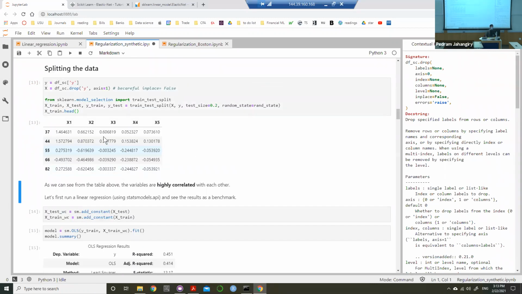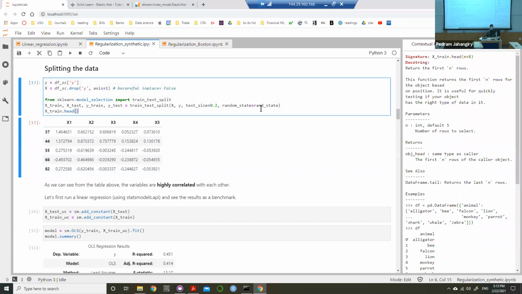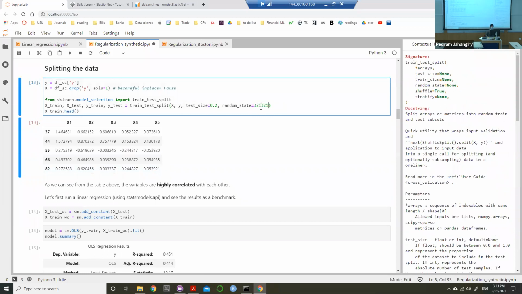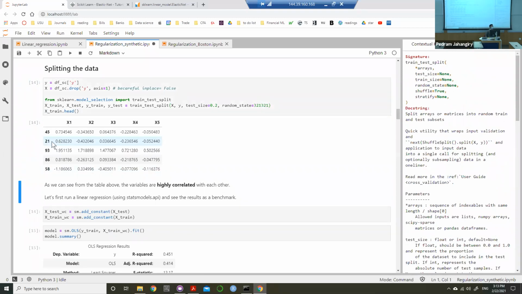Okay, to double check, we can look at the head of the X train. Of course, these numbers are randomly selected. If your random state is different, these numbers are going to be different. So for example, if I do, I don't know, some other number, these are different splits from the data, right? So let's